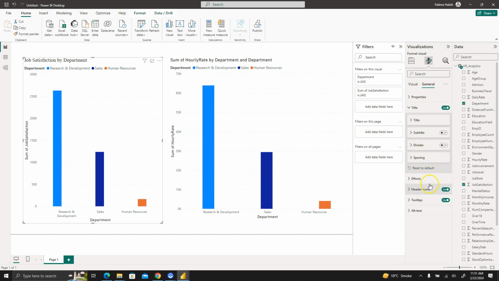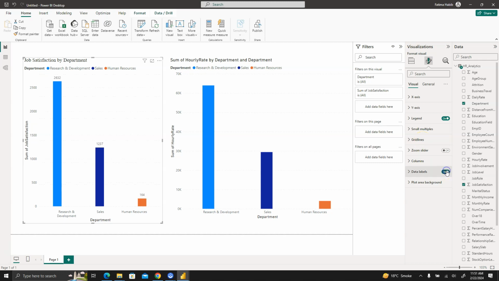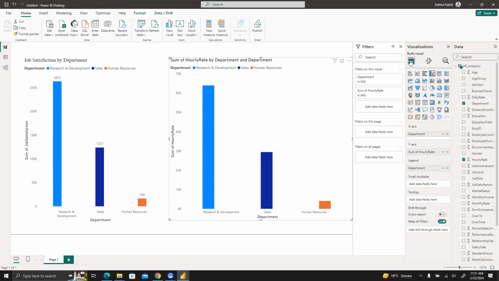Then you can change the spacing options. Visually, you can change the legend, the grid lines. You can add the grid lines. You can add the data labels. What it does is that it adds the actual data label, which is 2632 here, to all the bars of this chart. I want to change the format of this visual, but if you want to get a comparison, that's fine. Now we want to change it by